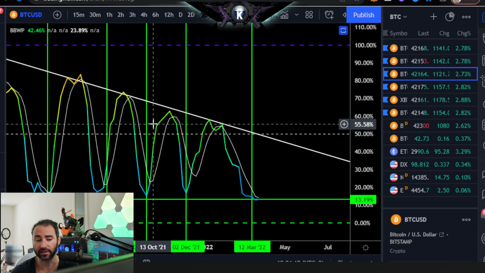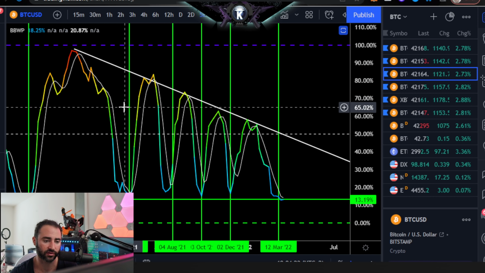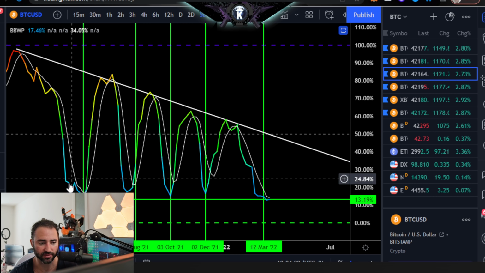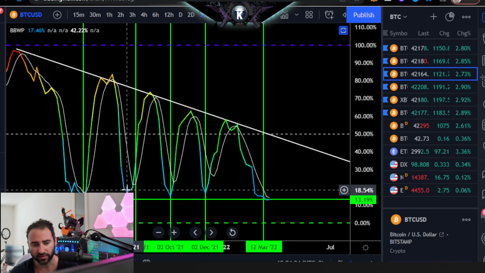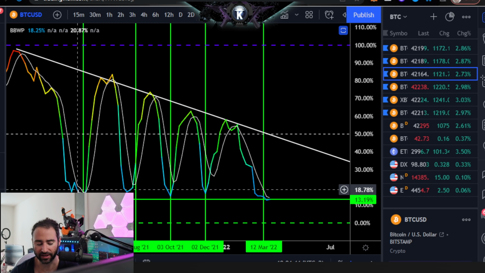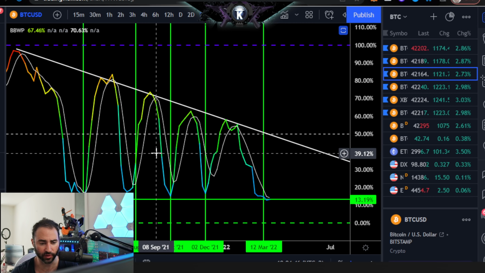And I actually do think that there's something very important to now talk about now that I bring it up. So let me run through this explanation as fast as possible. Basically, BBWP, measuring volatility, which measures the dispersion of returns, correlates to, within the context of this indicator, the same areas that we've been hitting over the past year and a half, going back to our April area over here. And yeah, we can do this further back as well, but just wanted to focus on these ones because they're